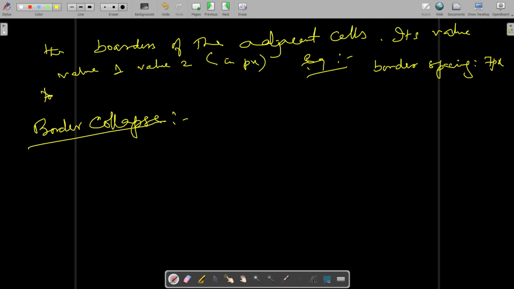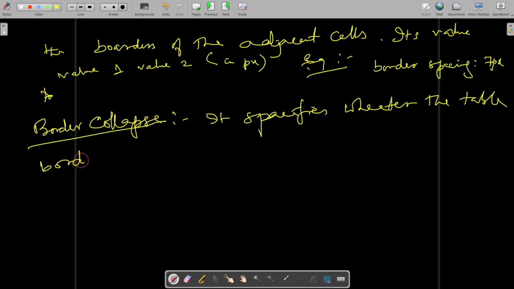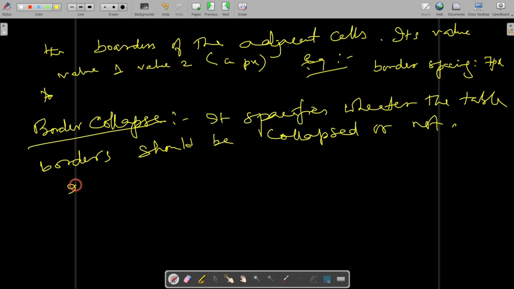It specifies whether the table border should be collapsed or not.